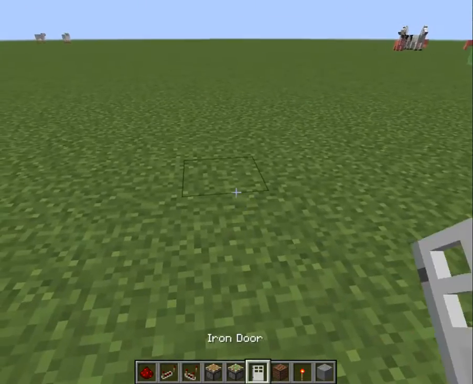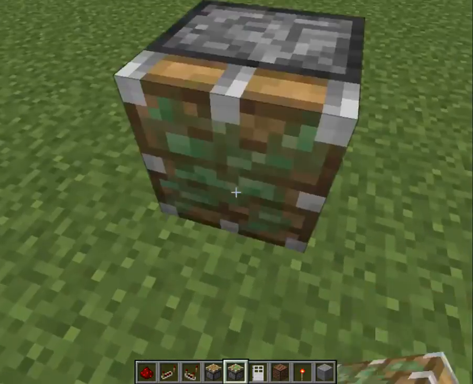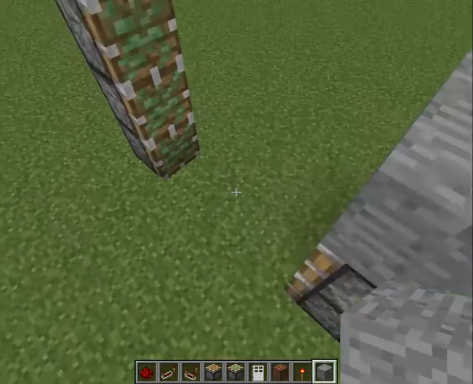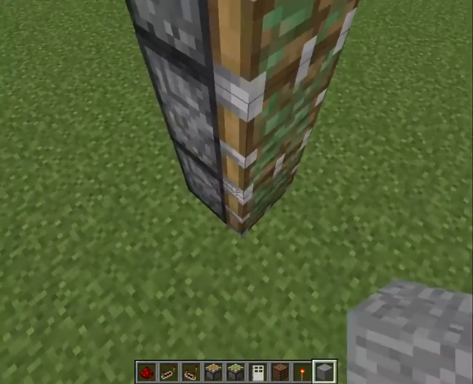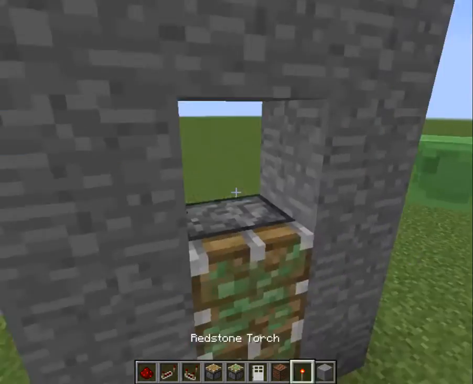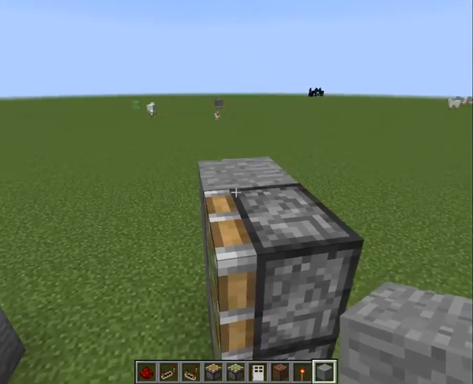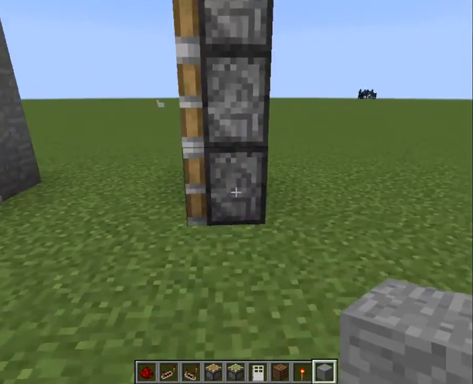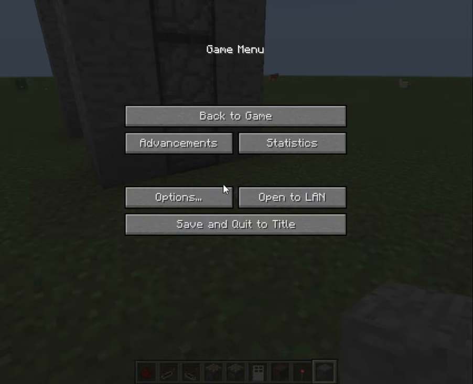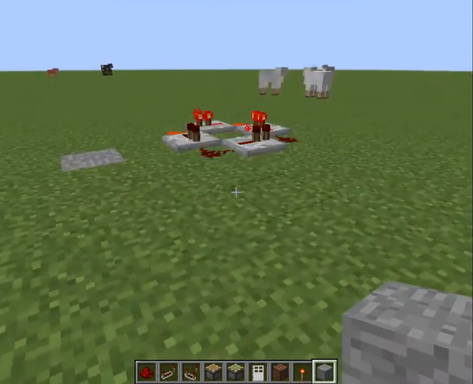So let's say I want to make an automatic door with redstone. Now this obviously isn't something you do a lot in survival, but if you're making maps, this is basic. The only reason I'm putting stone around it is because you don't really want to see the pistons, and you'd probably make a long wall here, but I'm not gonna do that. Give me a second. I'm gonna make it peaceful, so there's no slimes, and